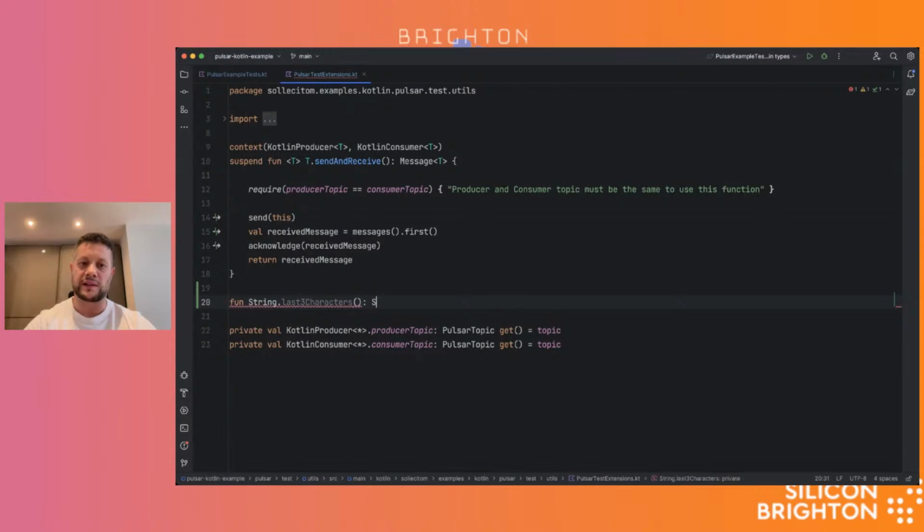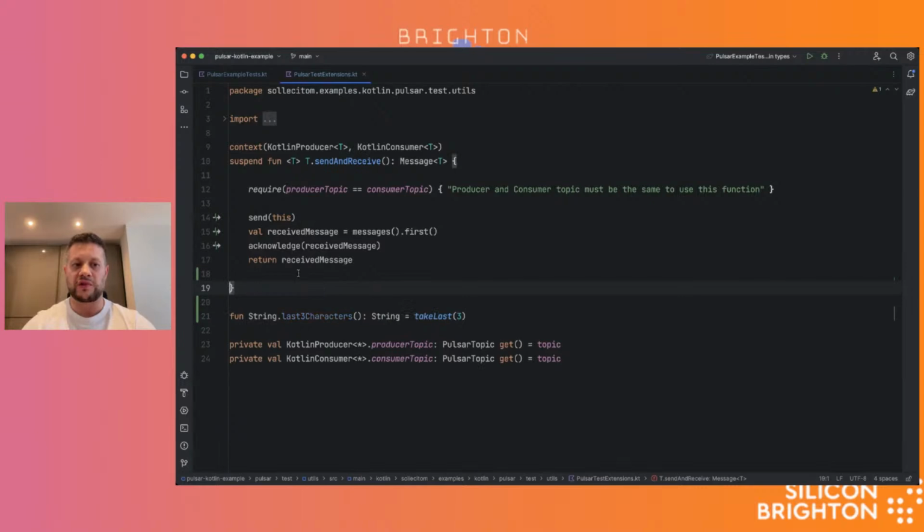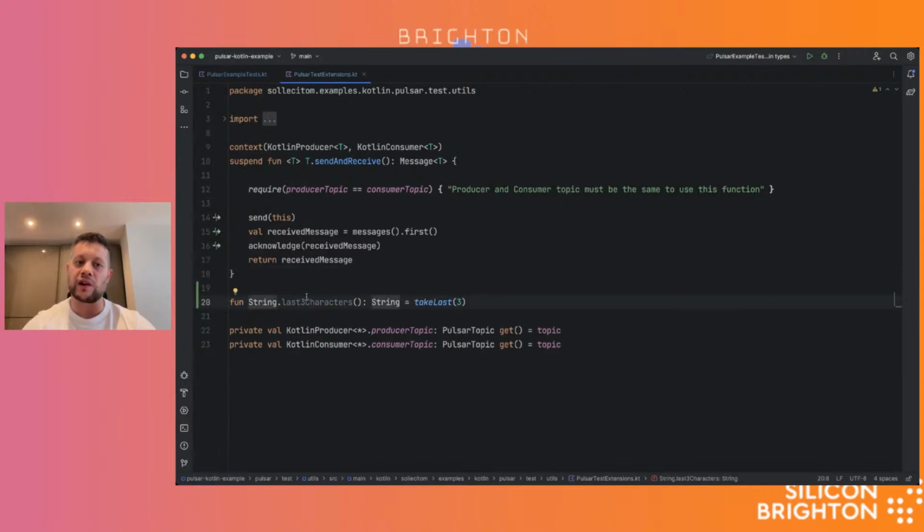And this returns another string, and I can say, I don't know, take last 3. And what it means is that essentially you could potentially use it like this. So I can say something dot last 3 characters, right? It's almost like this string is in context within this function, right? In particular, it's called a context receiver.